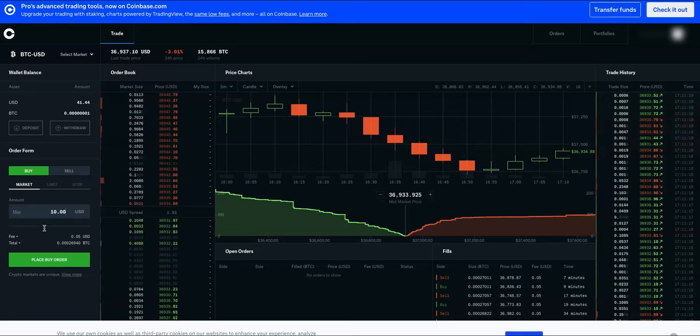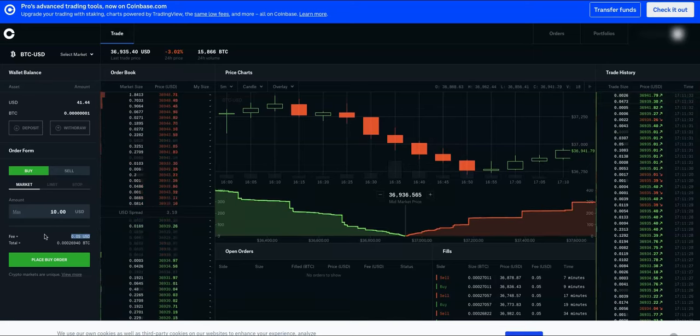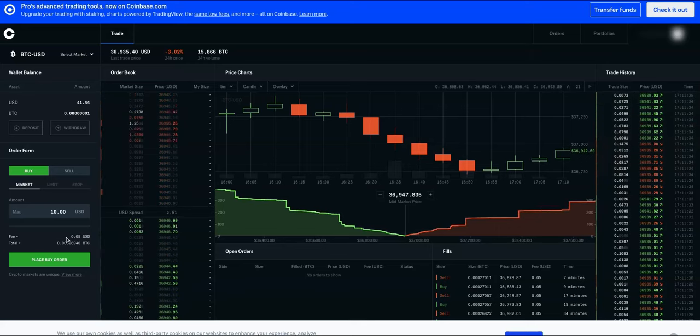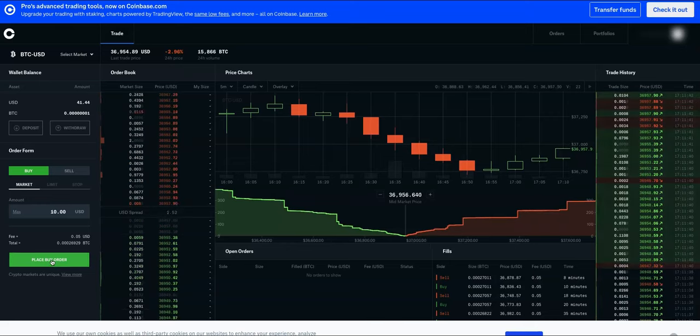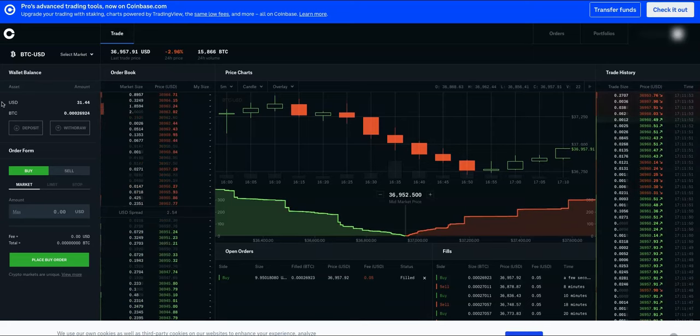Bitcoin. As you can see, once I type $10, on the bottom in the order preview, they give you a fee. Coinbase Pro is charging you a 5 cents fee. You need to be mindful of that. So let's place the buy order. Once I click the buy order, success. Now you can see I have this much Bitcoin available, and my USD balance is deducted to $31.44. Okay,